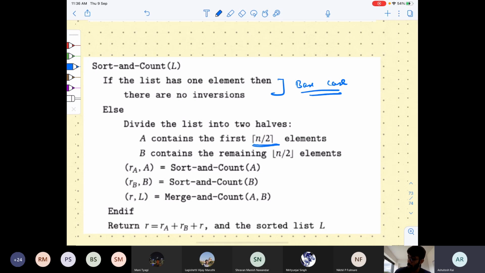The first half has n over two elements, the other half also has n over two elements, floor and ceiling to adjust, so that every element goes into one list only. And now, what is RA comma A? RA is the number of inversions in list A, so that recursively this sort and count algorithm returns. Similarly, RB is the number of inversions in